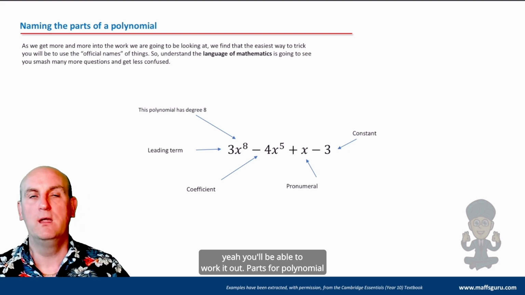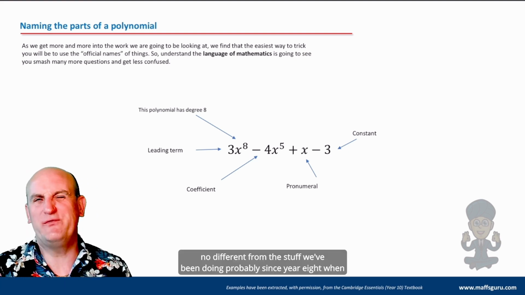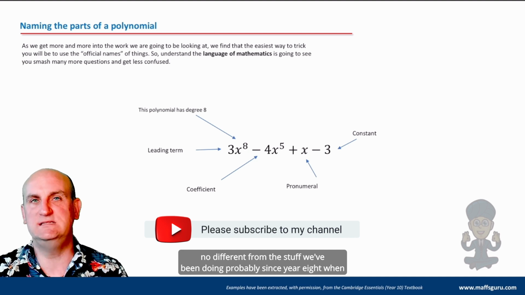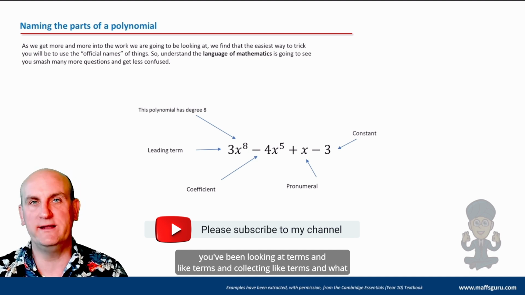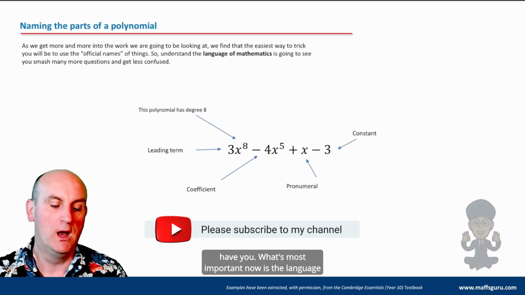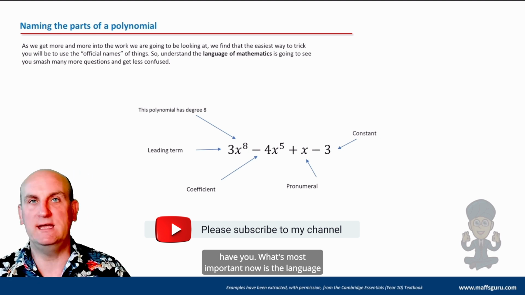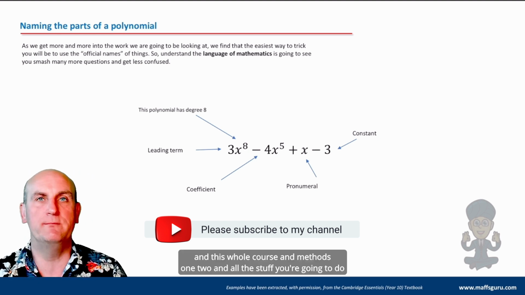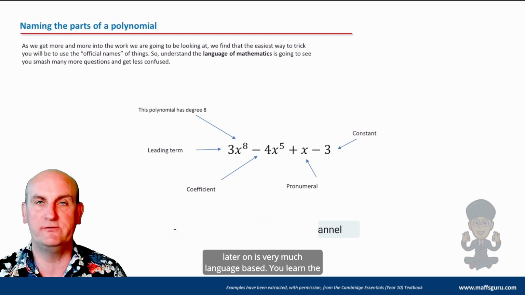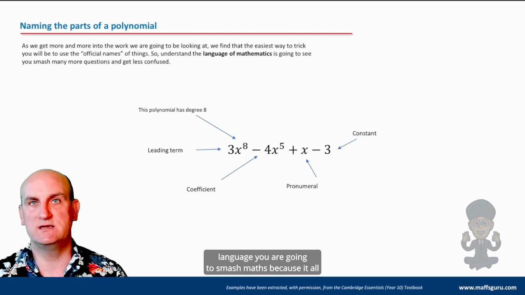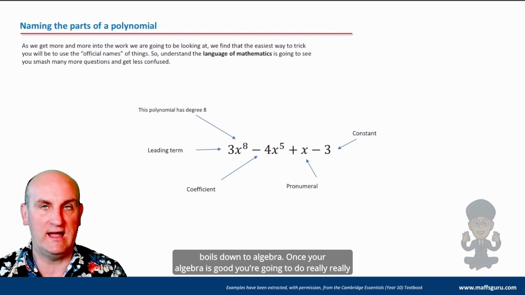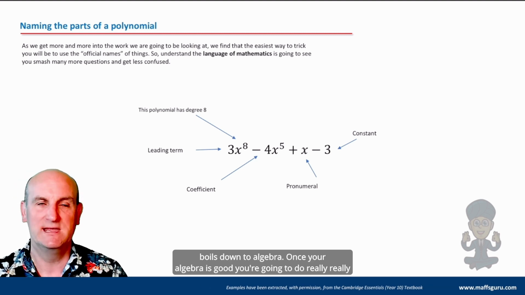Parts of a polynomial are no different from the stuff we've been doing since year 8, when you've been looking at terms and like terms and collecting like terms. What's most important now is the language, and this whole course and Methods 1 and 2 and all the stuff you're going to do later on is very much language based. You learn the language, you are going to smash maths because it all boils down to algebra. Once your algebra is good, you're going to do really, really